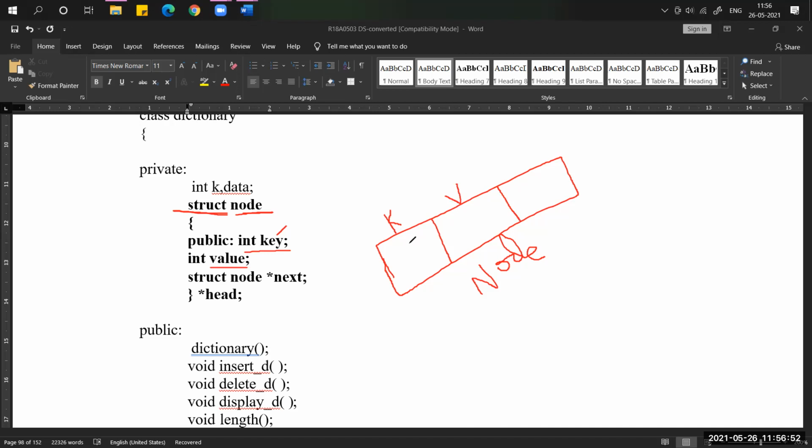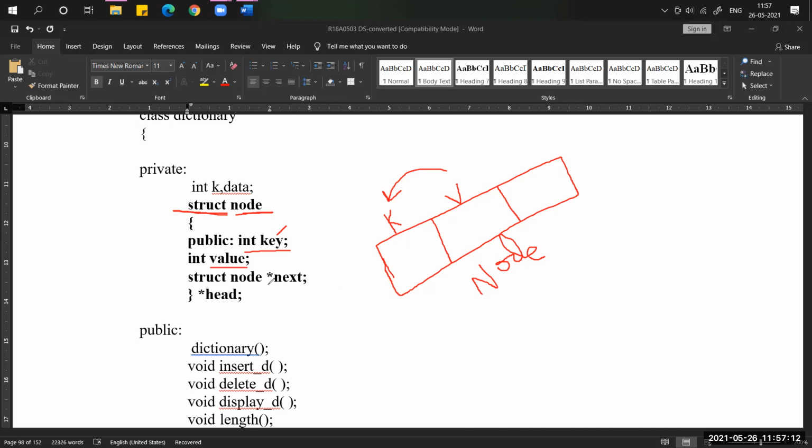Every value has one associated key, like 1, 2, 3, 4, 5, and based on these keys only, insert, delete, or search can be performed on the nodes.